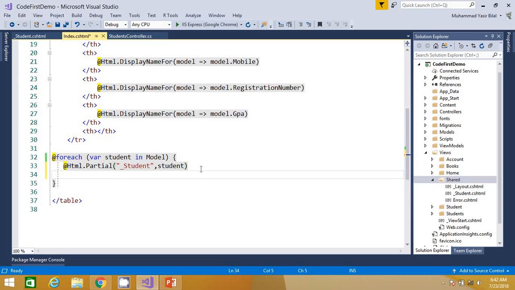So the other method to render a partial view is by using at Html.RenderPartial, and this RenderPartial is specified by using the HTML helper. And in the next video I will be explaining what is the difference between Html.Partial and Html.RenderPartial, because both of these methods are used to call the partial views. Then what is the difference between these two, and what can be the benefits of using one over the other.